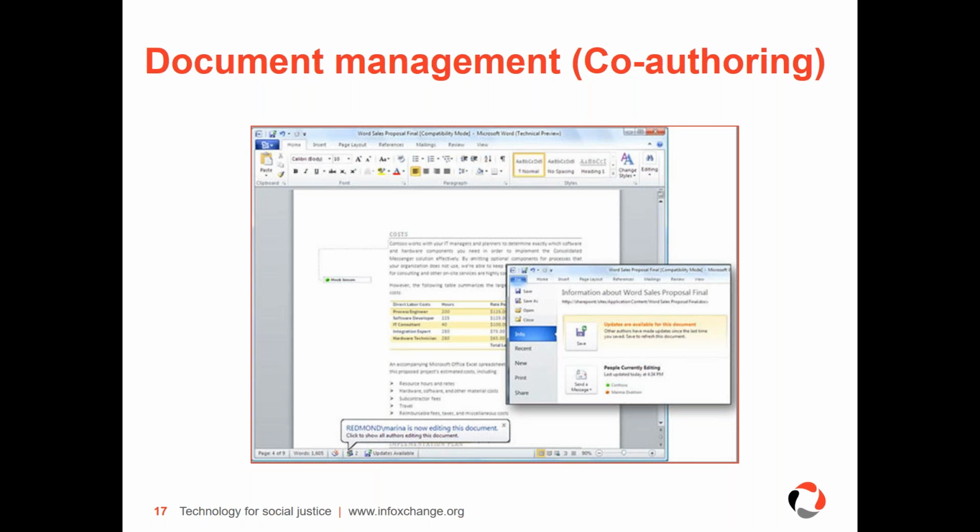You can see here there's a little box on the left near costs, and that's showing that this person is editing that part of the document. In the current version, Office 2016, they colour each paragraph that people are editing. So the way the co-authoring works is it locks the paragraph that the person's working on, and that person and only that person can be editing that paragraph.